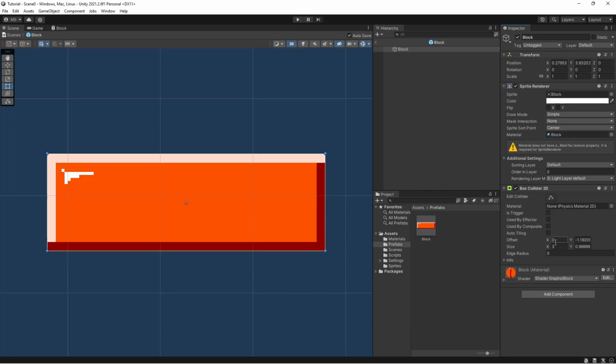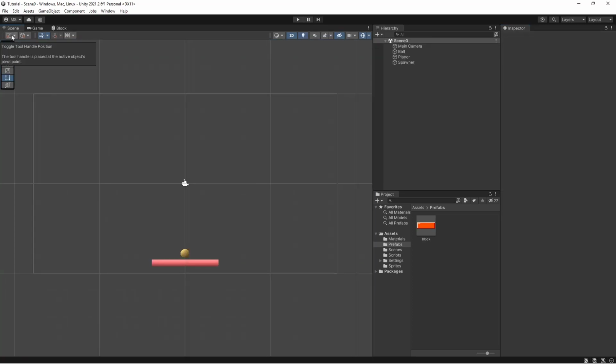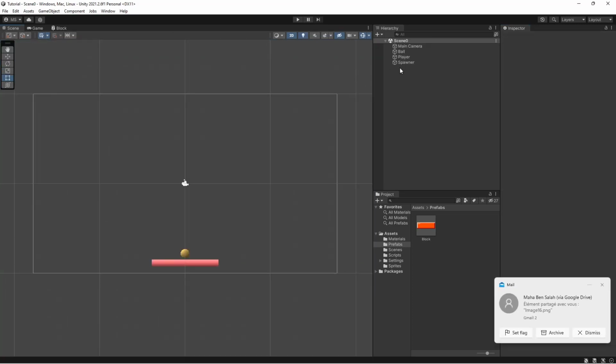Offset and Size are self-explanatory. If I change these values, it offsets the collider. And the Edge Radius, you see it just adds a radius to our object. And here we have the Info, where we have the data of our collider. Next, we need to add a collider to the ball and to the player bar. Let's go back to our scene,